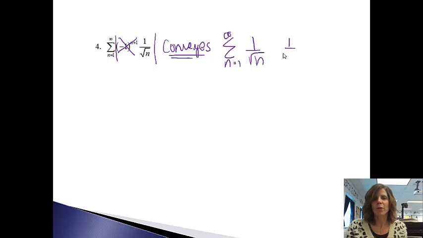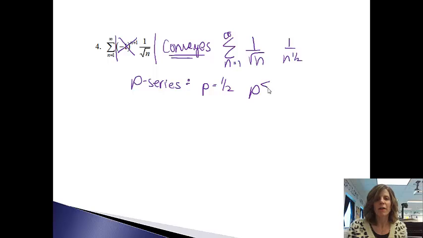And I'm going to rewrite that as 1 over n to the 1/2. I do notice then this is a p-series, and again, great practice from last chapter. We got a p-series, p is going to equal 1/2, and since I found that p is less than 1, I know that this is actually going to diverge, right? But since we already found out that our main series converged, it just doesn't converge absolutely. It doesn't like double converge. So we will say that this series